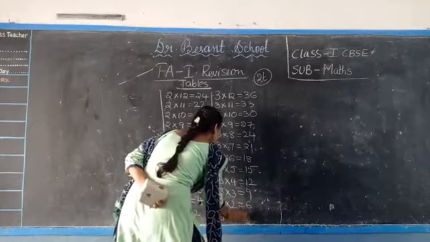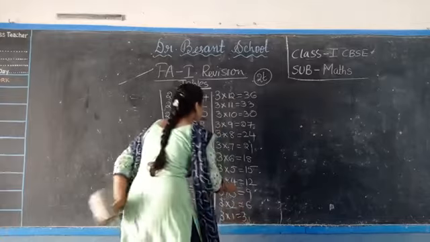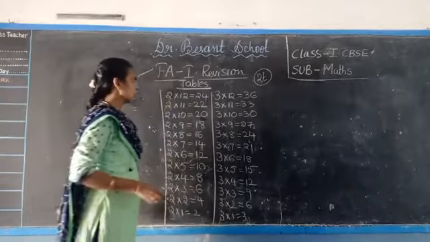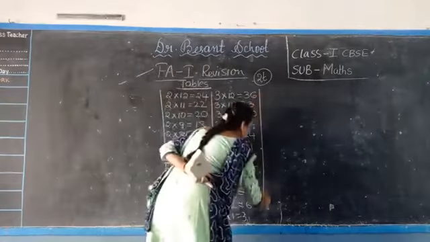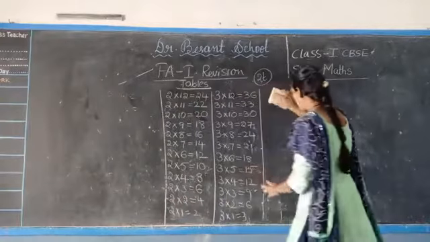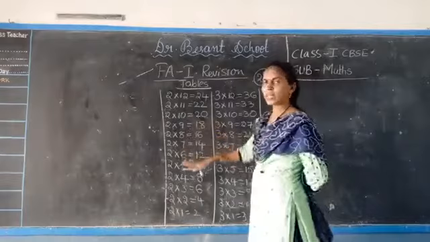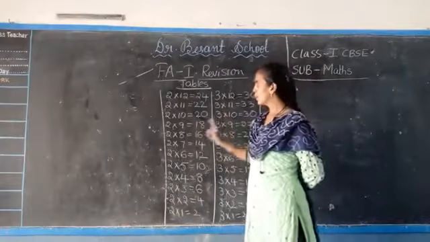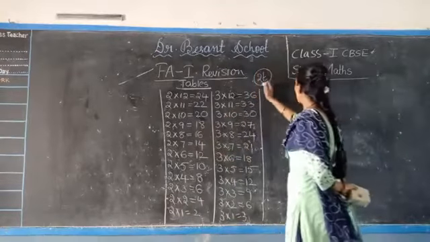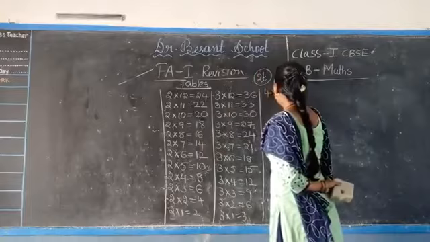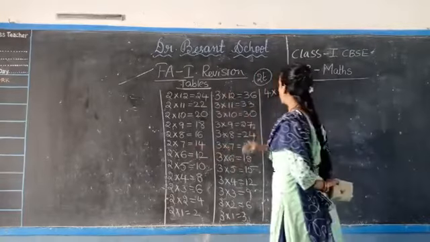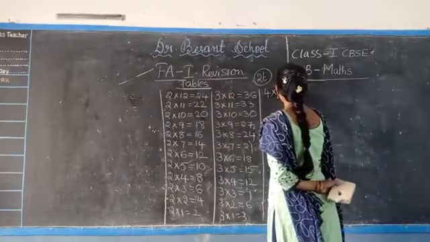This is the backward direction of 3 table and 2 table. Note down. Then I will give the 4 table. Please note down in your revision book. Write in the forward direction of the page, and write in the backward direction of the page: 2 table, 3 table and 4 table. Okay. So now I am writing down the 4 table. In the meanwhile, please copy these tables in your revision book.